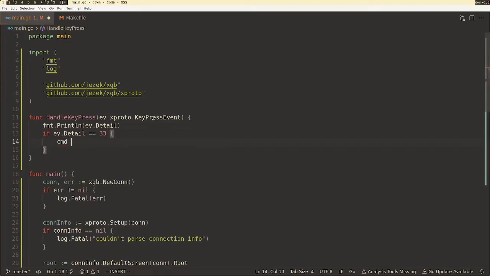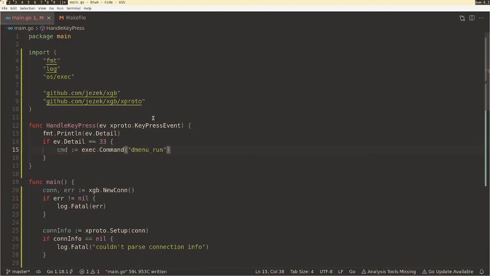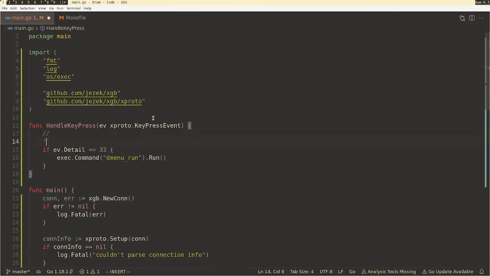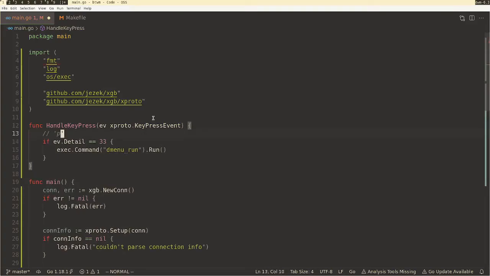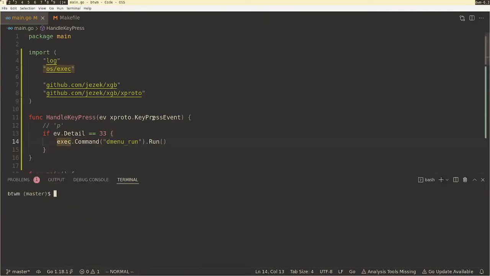Then we do command equals exec.Command dmenu_run, and actually we don't need that, we can just do this. I leave a comment here. Yeah. Okay, so